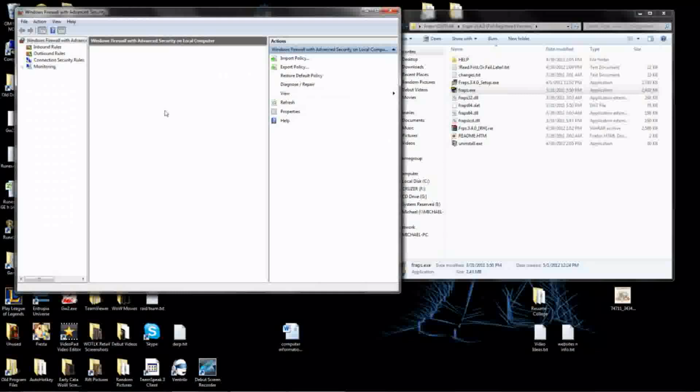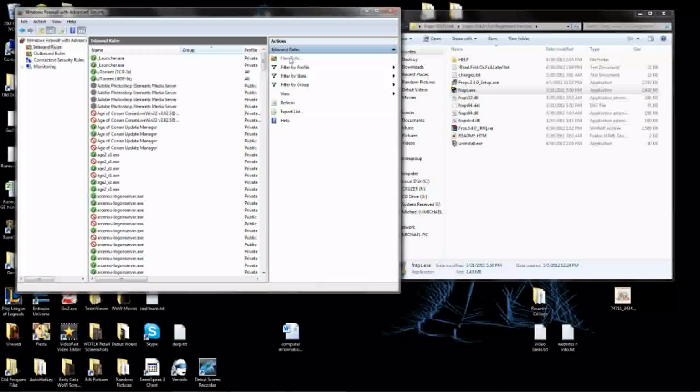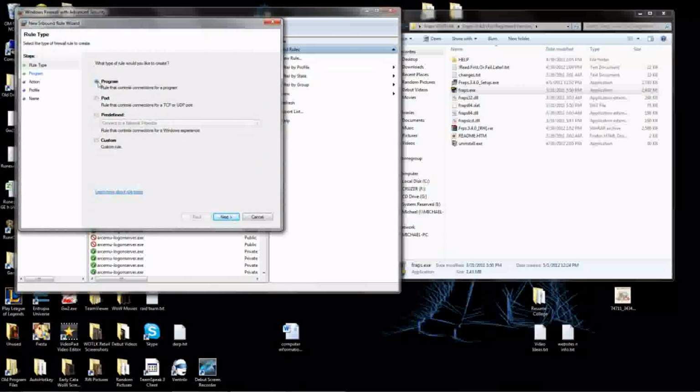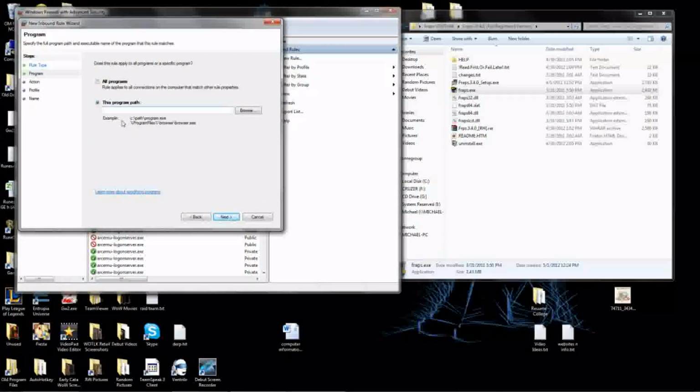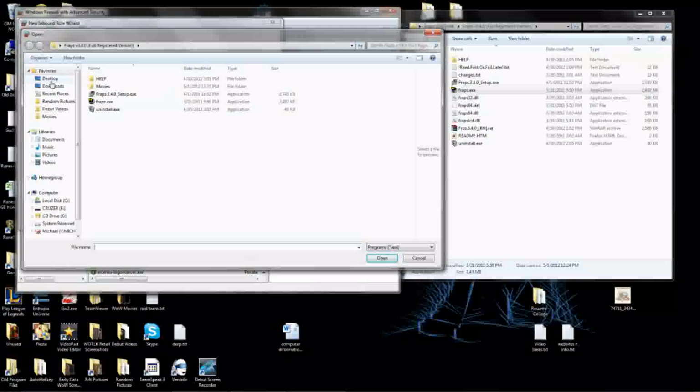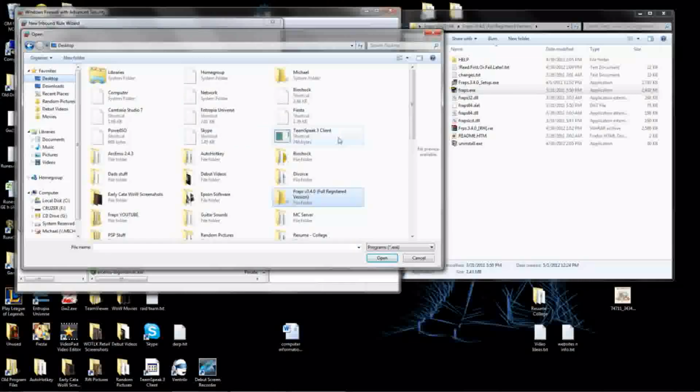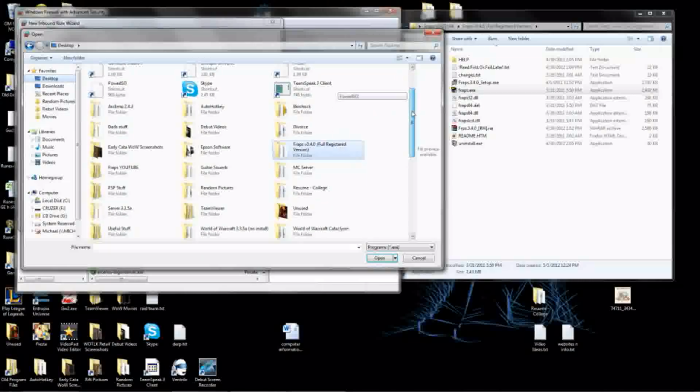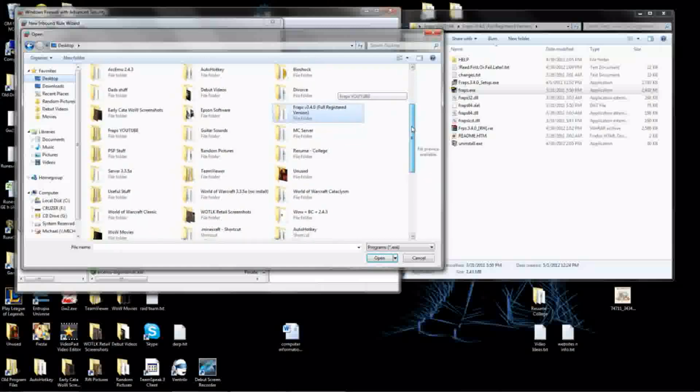There we go. What we're going to do here is go to Inbound Rules and select New Rule. In here, keep it default to Program, and click on the Programs option over here, and you want to go to where the program is located. So we go to Browse, go to Desktop, or wherever you put the program. I just have it here, but